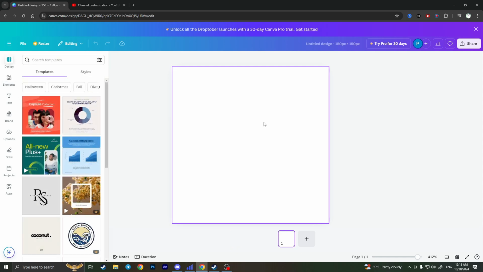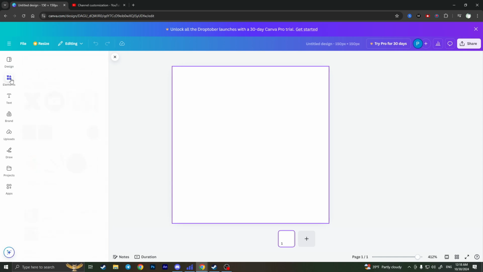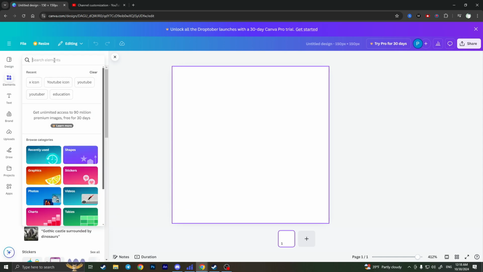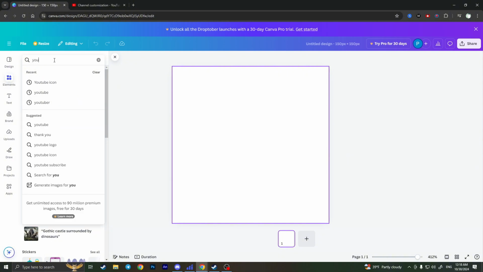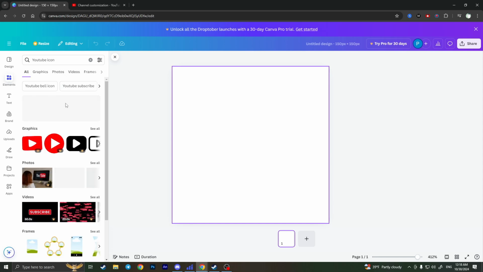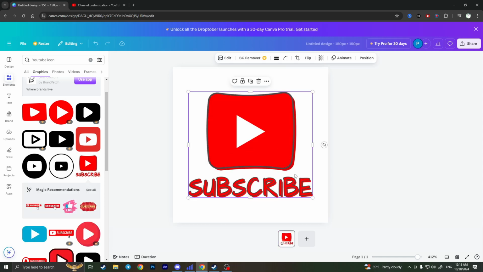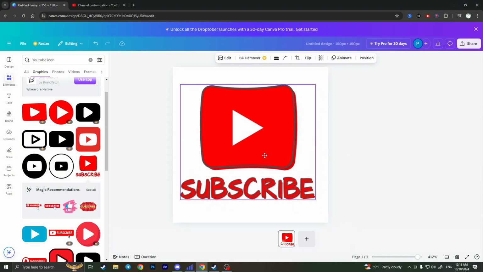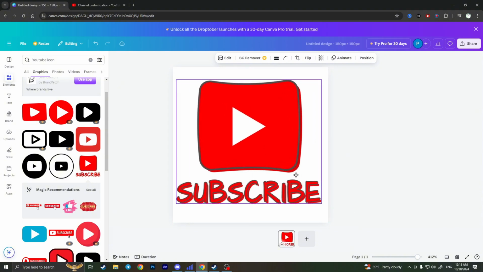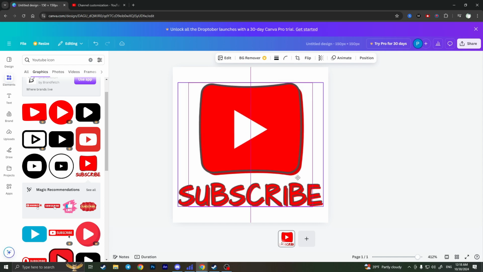Here in the left side menu, you need to choose elements and search for some elements. For example, you can search for YouTube logo at first, or YouTube icon, something like that. Then in the photos or in the graphics, you need to expand and see what images you like. As you can see, here is a pre-made YouTube subscribe button. If we resize it a little bit and place it right in the middle of the screen,